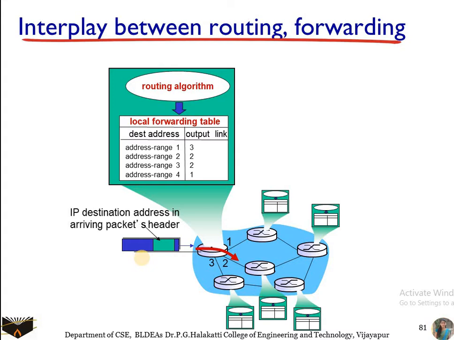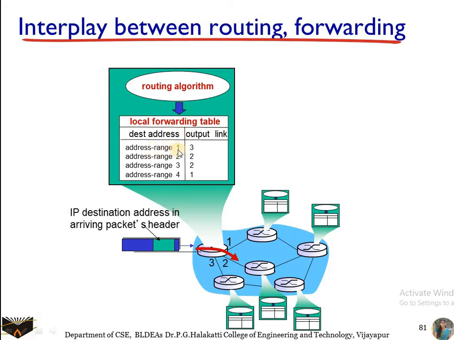Whereas in case of forwarding, intermediate nodes are going to decide the next immediate neighbor to which the packet needs to be forwarded. So here the forwarding is done through a local forwarding table which is maintained in every router. Right now we have a forwarding table for this router. In this forwarding table, a router has received a packet. That packet has a destination address. So it is going to check within its forwarding table where this destination address occurs.